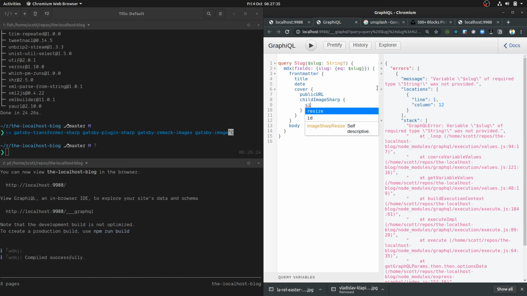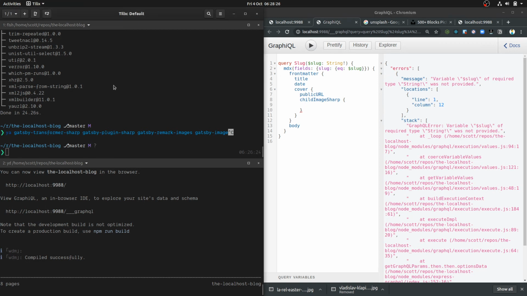But this needs to be interpolated. So we need to get the sizes and the traced SVG color and the other Gatsby goodness, which for some reason, and I don't know why, we can't actually get in here. It needs to be like a function call. So I'm not exactly sure why we can't do it in Graphical Explorer. I'm guessing because it's a function and Graphical is just like a standard. But what we need is our sizes and the traced SVG and to spread into Gatsby image sharp sizes. So basically, I'm just going to get an example where we can copy pasta